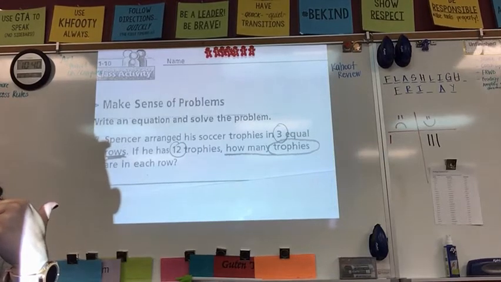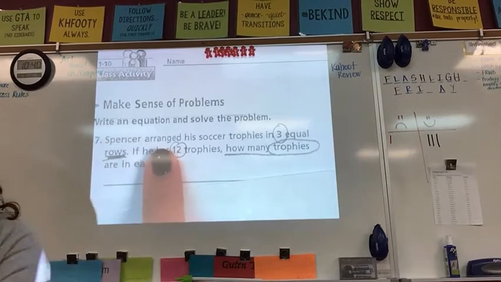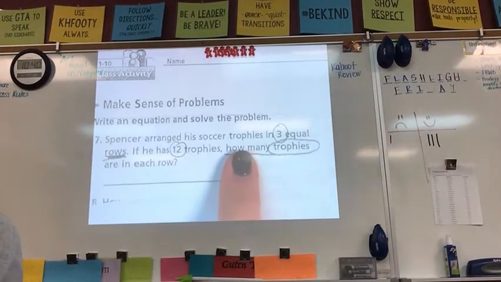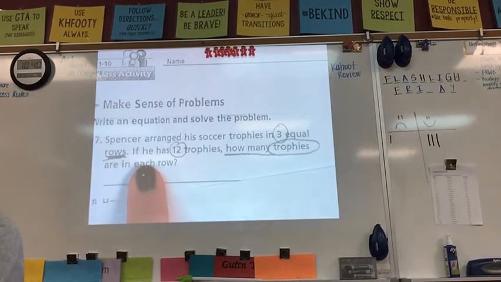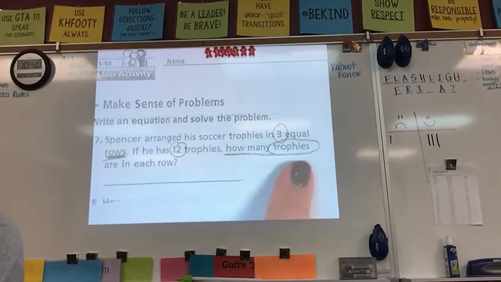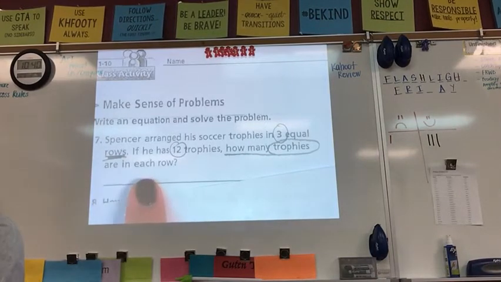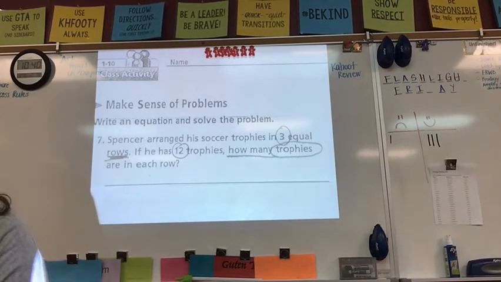Are you ready? Yes, we go. Spencer arranged his soccer trophies in 3 equal rows. If he has 12 trophies, how many trophies are in each row? That was so much better. Thank you, friends. With those keywords that we marked,